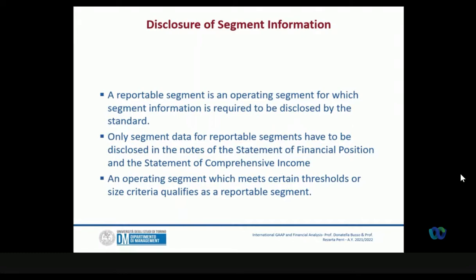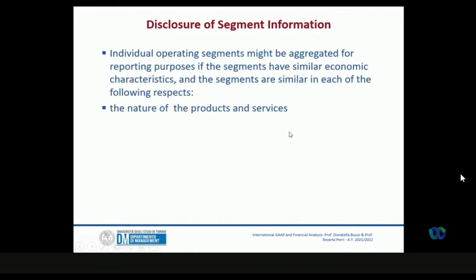Are they all reportable and disclosed in the financial statement? Not all of them. In order to disclose information about an operating segment, they should follow at least one of 3 criteria that we have over here. The individual operating segments might be aggregated for reporting purposes,